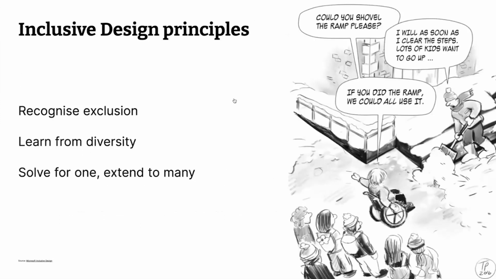Microsoft came up with the 3 guiding principles of inclusive design. Number 1, recognize exclusion. Notice in the cartoon, there is a student in a wheelchair. Secondly, learn from diversity. The student suggests to shovel the ramp first so everyone can use it. And third, solve for one, extend to many. The ramp doesn't just benefit the wheelchair,